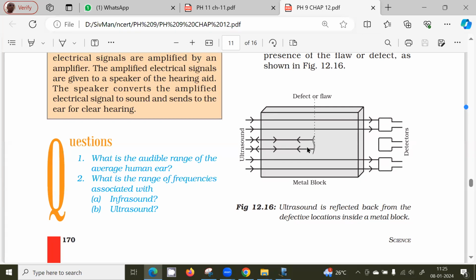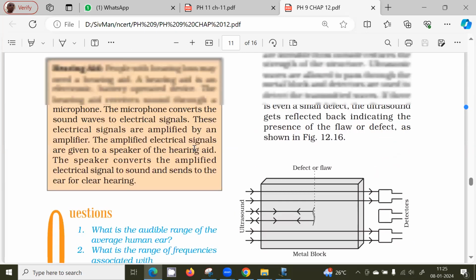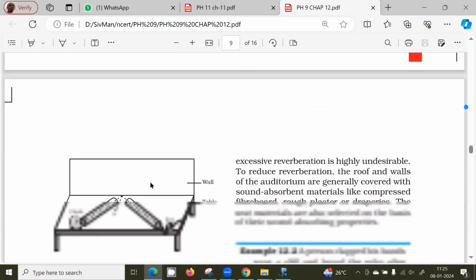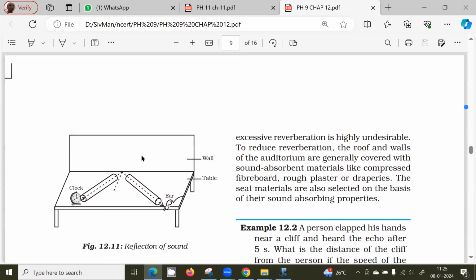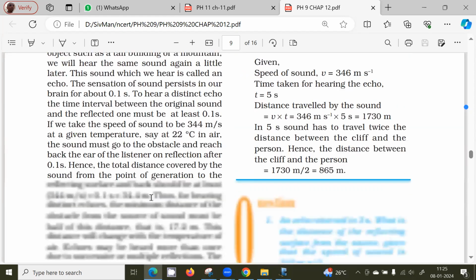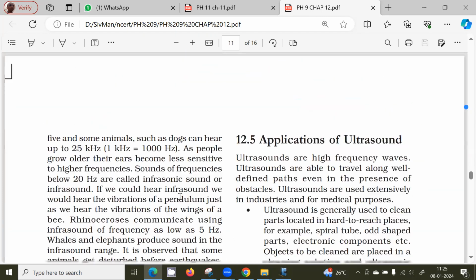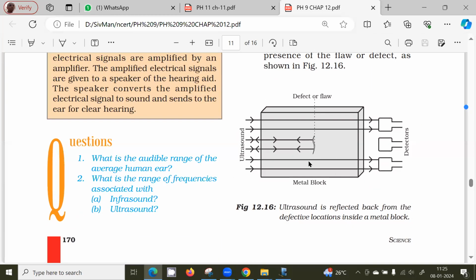Basically, reflection will occur when there is a change of medium. When there is a fracture here, there is a medium change from the metal. In the fracture, there will be a small air trap inside it, so there is a change of medium from metal to air. Whenever there is a change of medium, there will be a reflection of sound. Even in the simple reflection using a board, there is a change in medium, because the sound is traveling in air, and after that the sound is trying to travel in the wall. So there is a reflection. Whenever there is a change in medium, it's possible for the sound to get reflected. So here, it's metal, and this crack is there. Inside the crack, there is air, so there is a change of medium, and it will get reflected.